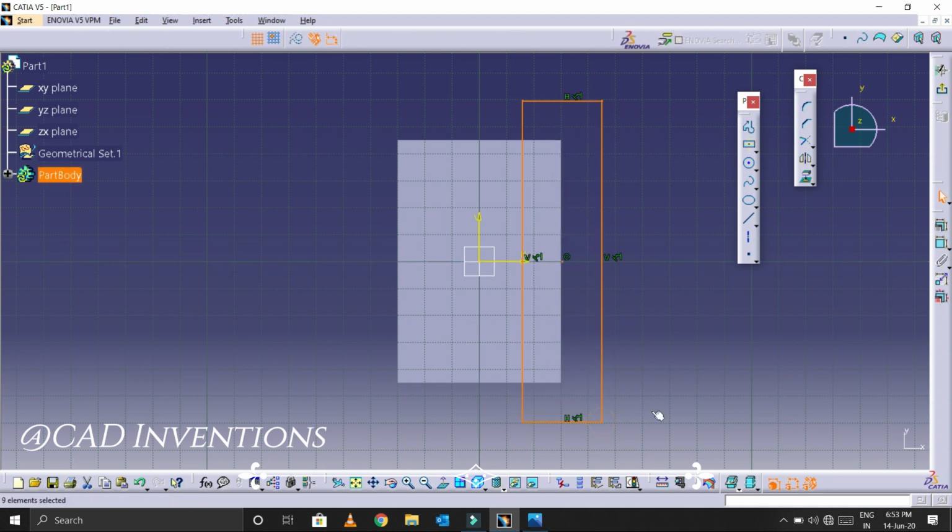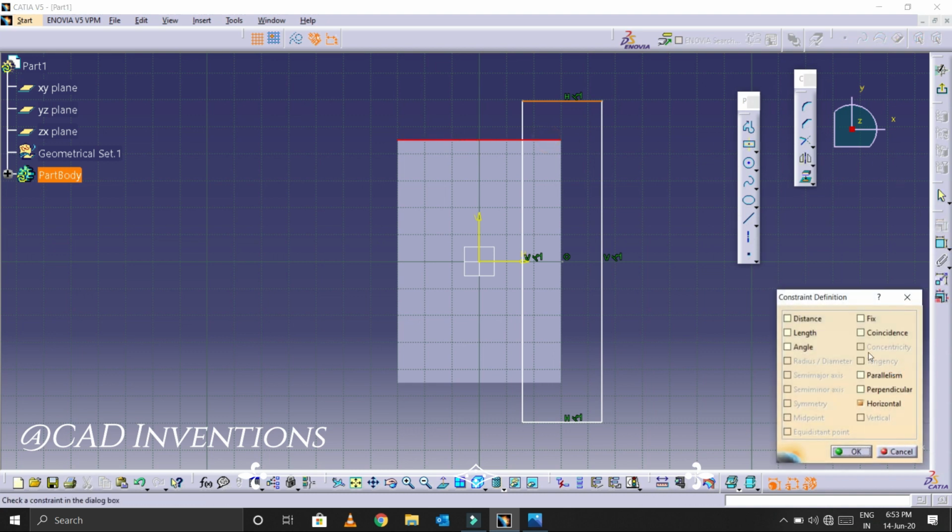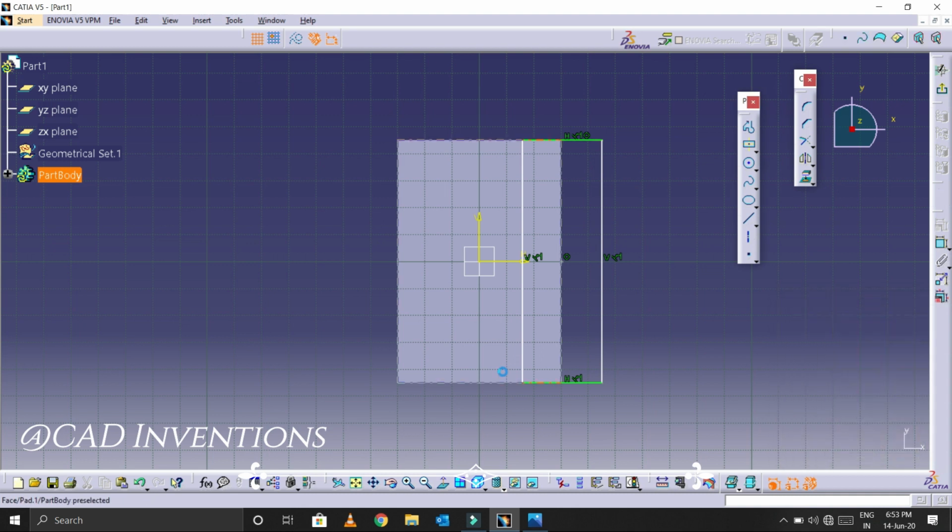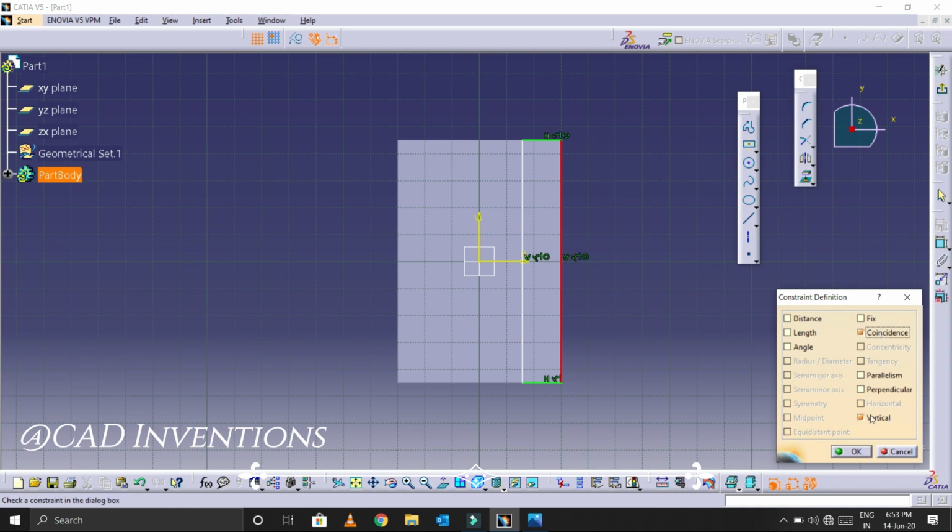Simply draw it, imagine, that's not a problem, and we can constrain later. We can select the line and this line, and make them coincide with each other, and same here, select the line and this line and give coincide.